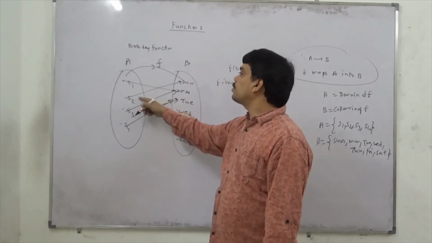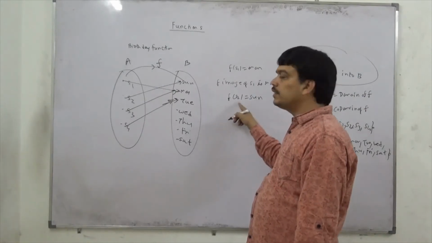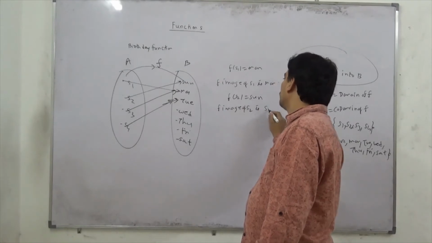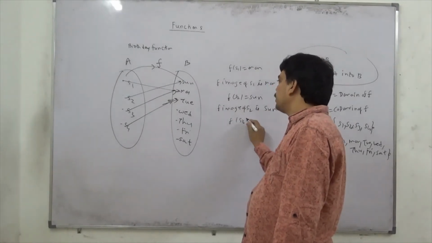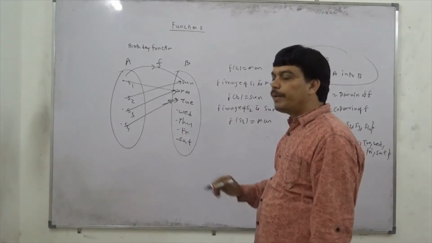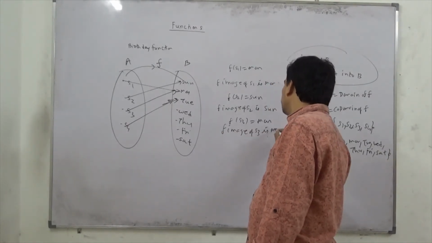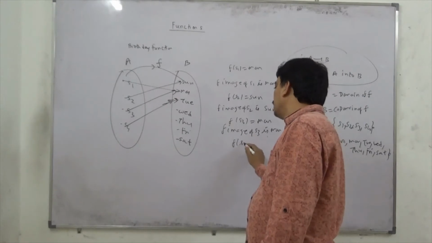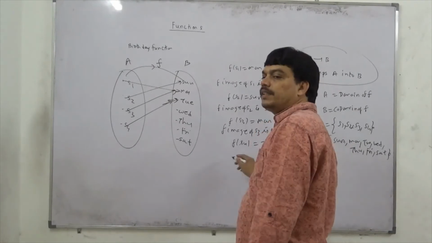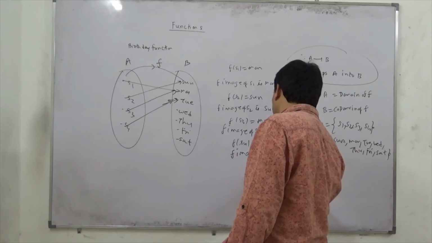Like that, because I have assigned S2 to Sunday, we write f of S2 equal to Sunday, and we say f image of S2 is Sunday. Similarly, you can write f of S3, because S3 is assigned to Monday again, you say f of S3 is Monday, and we read this as f image of S3 is Monday. And finally for f of S4, since we assigned S4 to Tuesday using this rule, we say f of S4 is Tuesday, and we read this as f image of S4 is Tuesday.